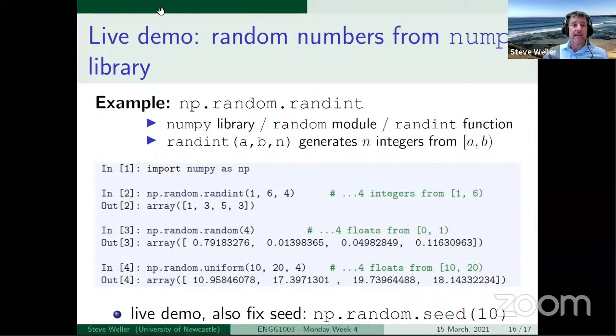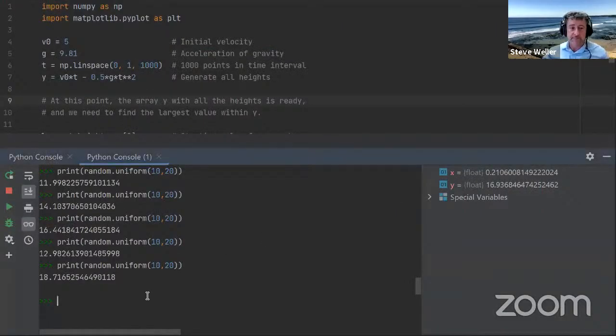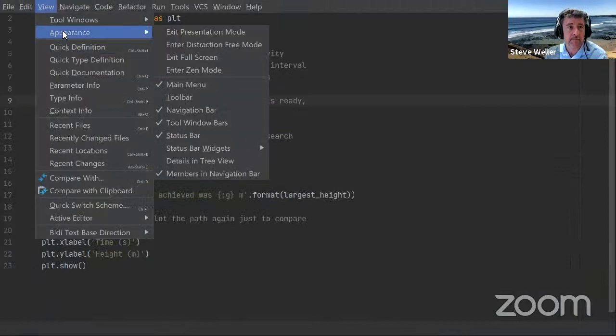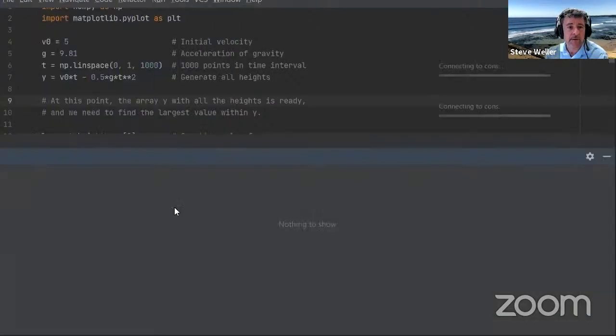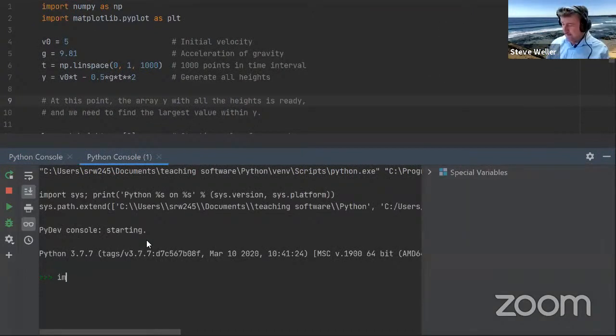So let's do that live. I'll literally type it in. Let me get myself a fresh console. Import NumPy as np.